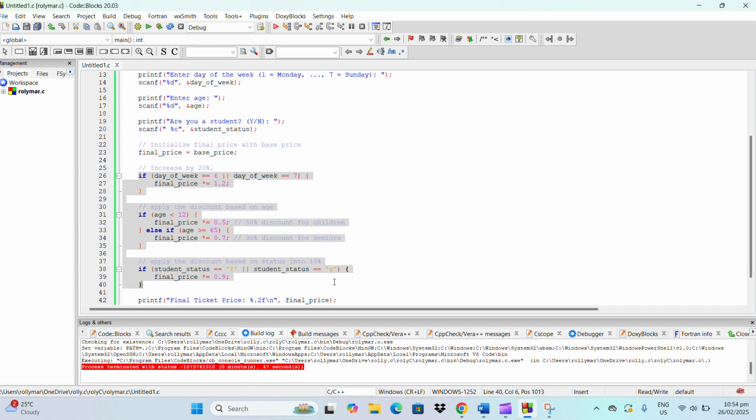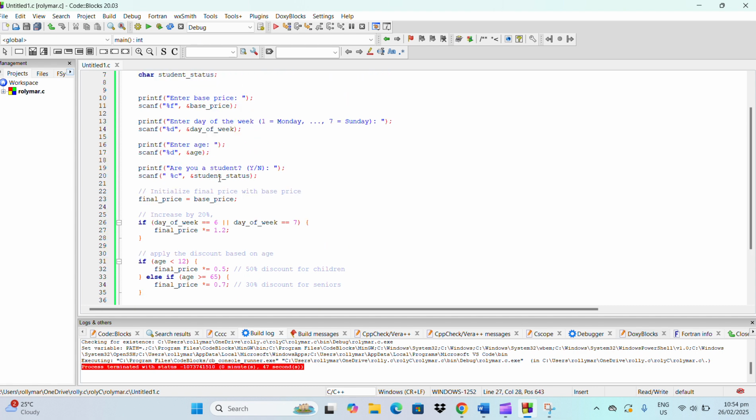So based on the given, if days of the week is equal to 6, or if the days of the week is equal to 7, then the final price will increase by 20%. So instead of 100%, it increases by 20%, then it will become 120% of the total base price.